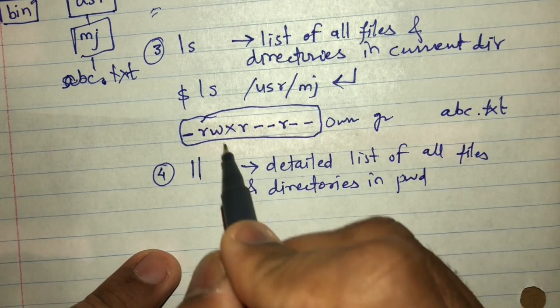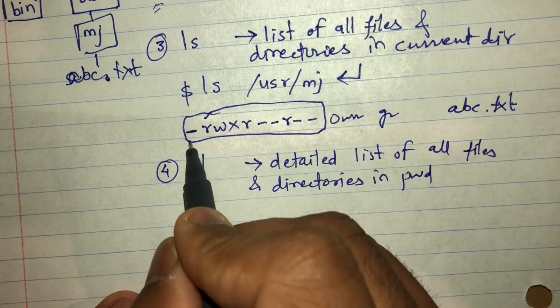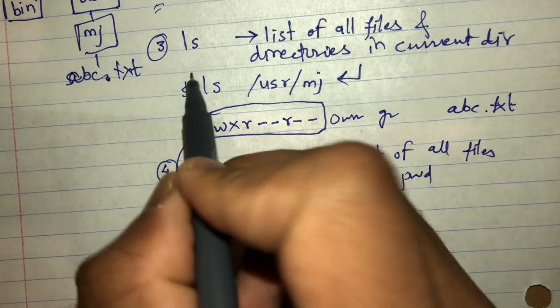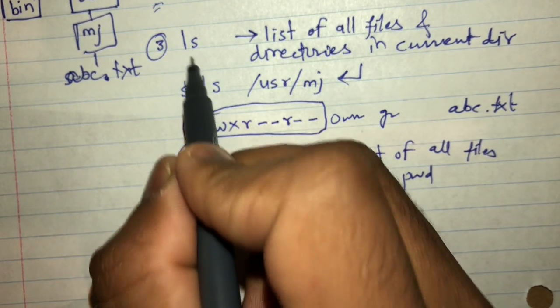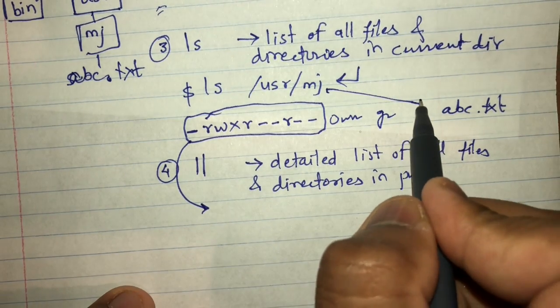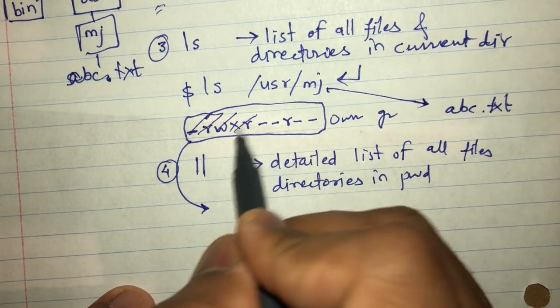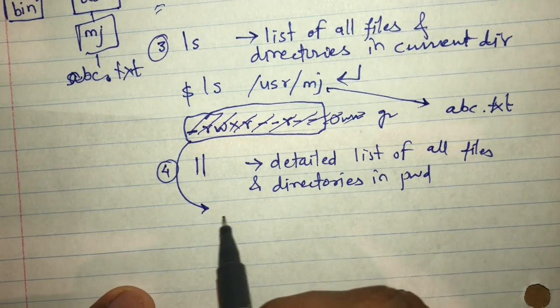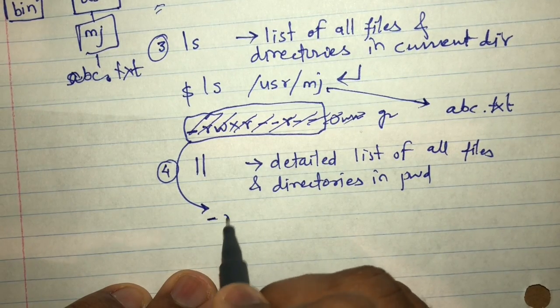So what I meant by detailed, it will give you this output, and I was not correct here. This will give me just abc.txt. So I will cross this one out here, and I'll say it will give me this output: